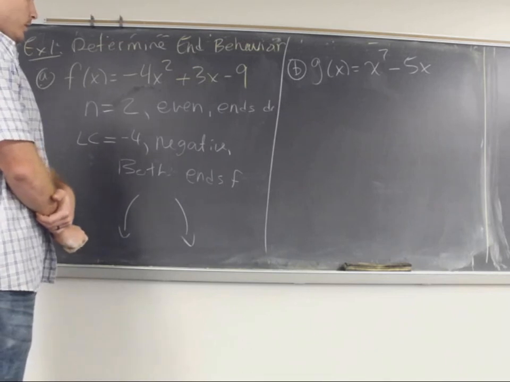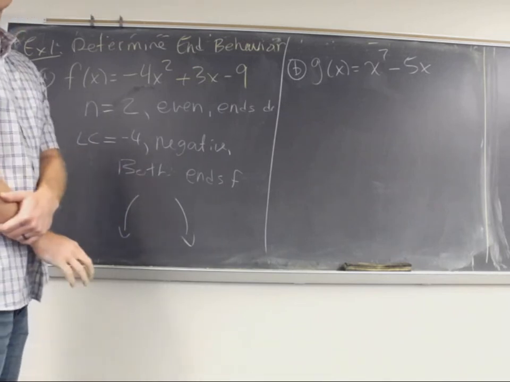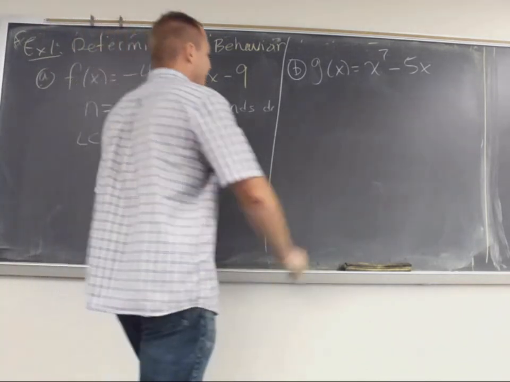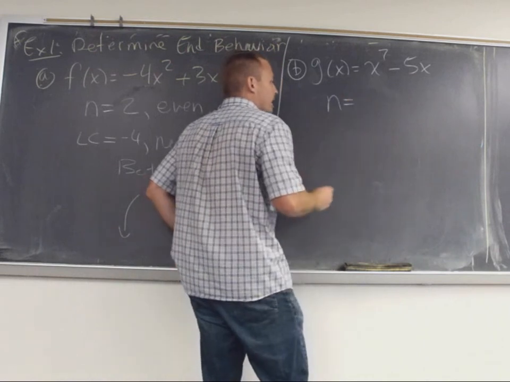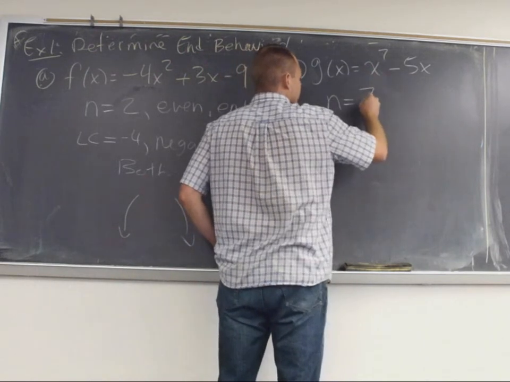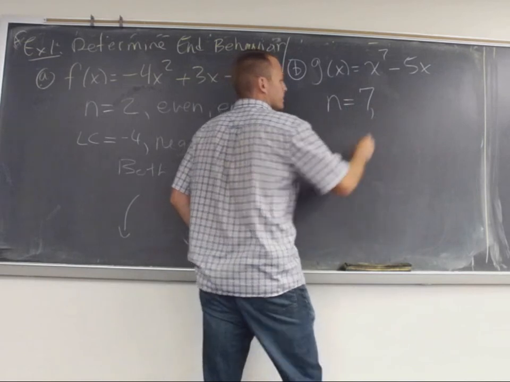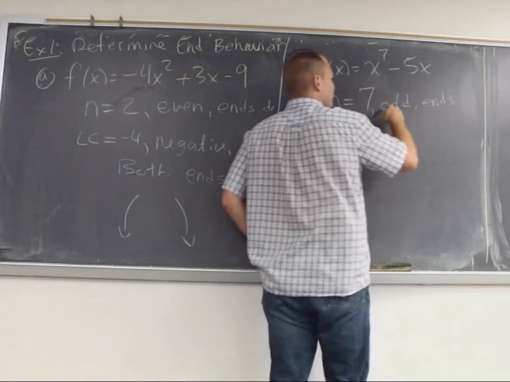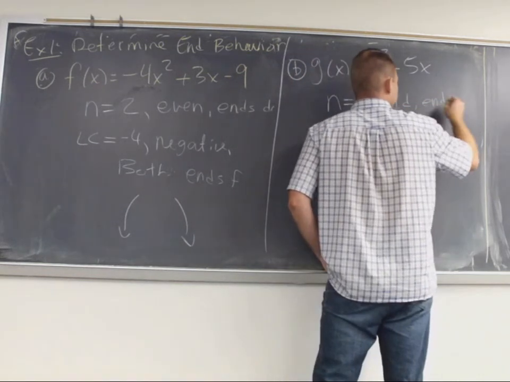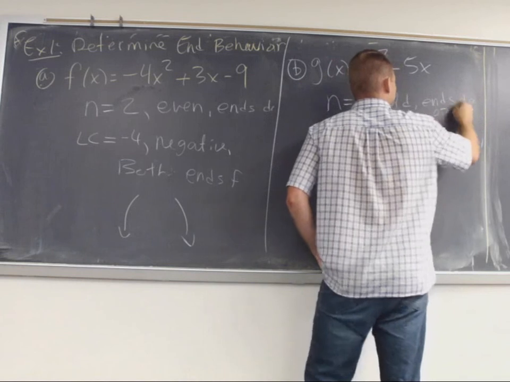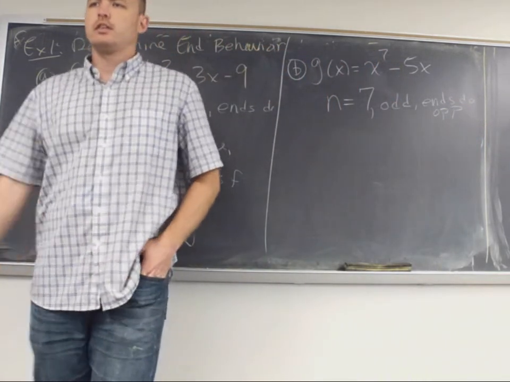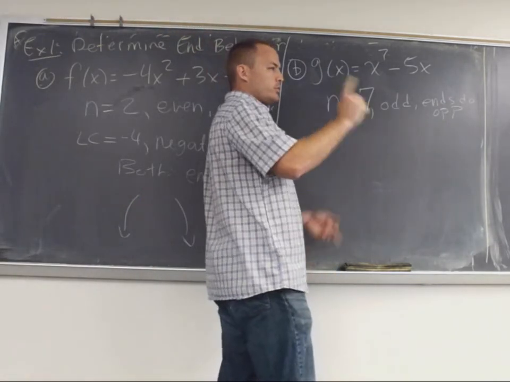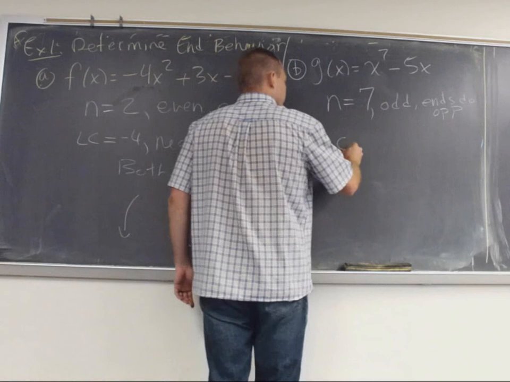All right. So try to pause the video and do it yourself too. I think that'd be good practice. First, we need to identify the degree, n. n is the highest exponent. Here it's 7. 7 is odd. So that means ends, odd and odd means ends opposite. Ends do opposite. So that means one side's going up, one side's going down, and what determines which side is